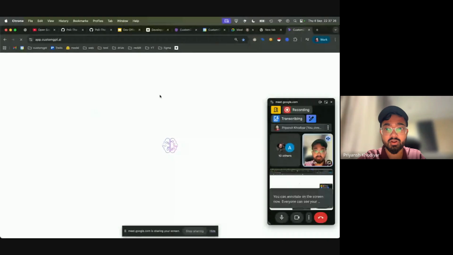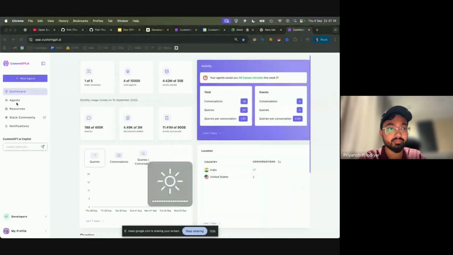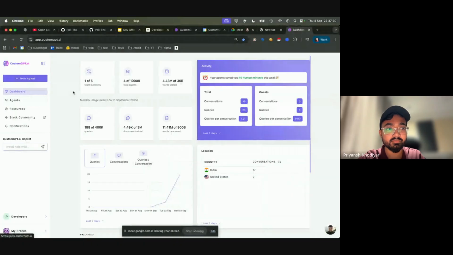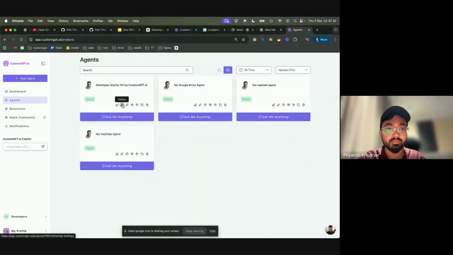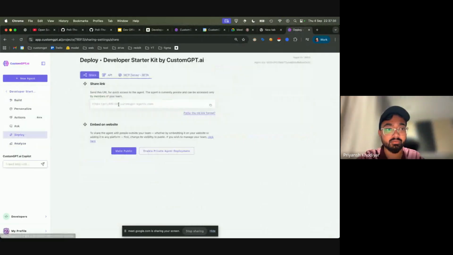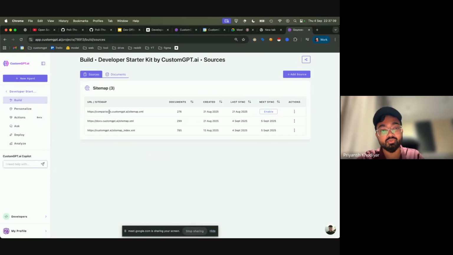So let me share one more time entire screen. So I'm logged into my account. Let me just go here. I'll go to some agents now. Click on deploy it for now. So go to build. Now this is a new link which used to look something different, but now it's this